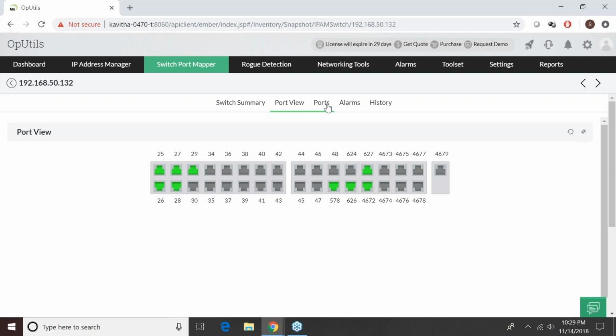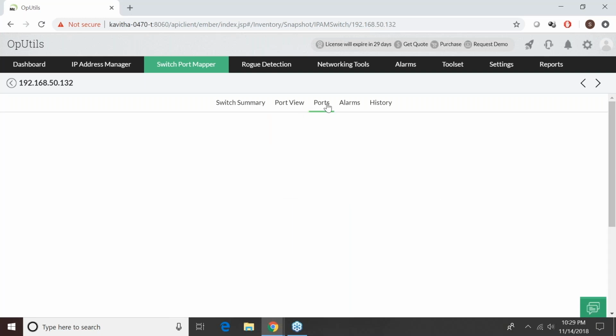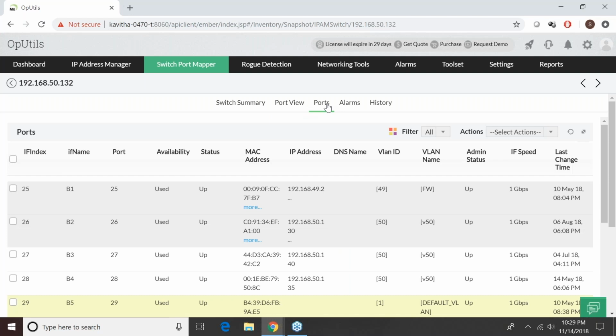You can see that information, and if you go to the ports view, it will show you what ports are there, what the device is, and the status, available or used. Each name, ifIndex and port number is shown here, along with the MAC address of the connected device and the IP address associated with that MAC address. If the DNS name gets resolved for that IP address, it will also be displayed, and which VLAN the port is associated with, the VLAN ID and the VLAN name,